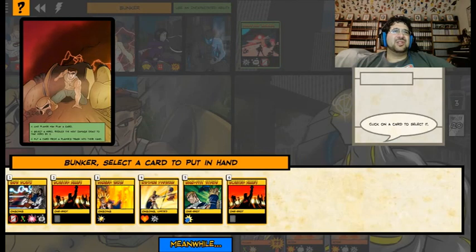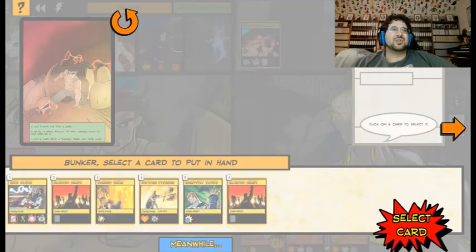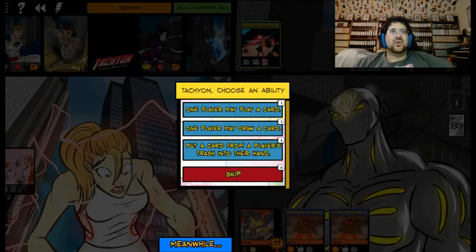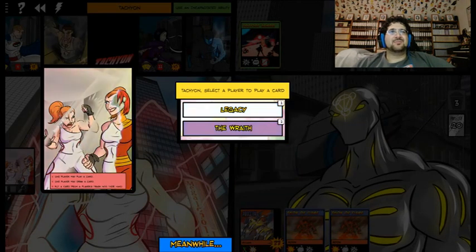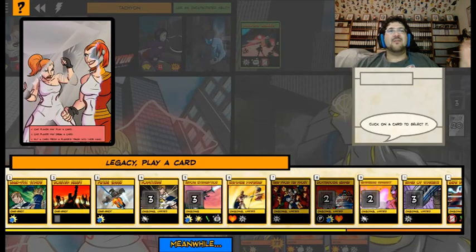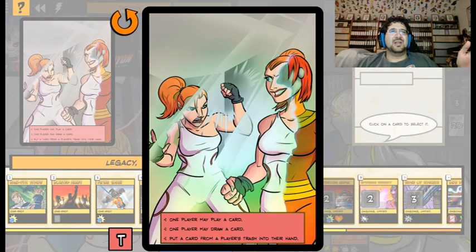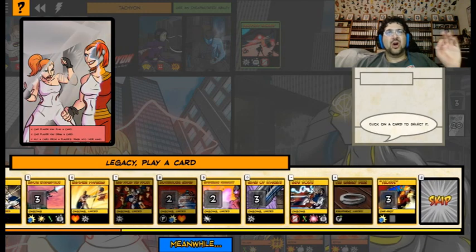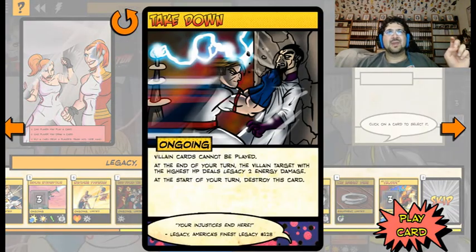Card from player's trash into their hand. It is, of course, going to be takedown. Tachyon is then going to have him play it. And again, if it's Tachyon you have up with him, the Wraith is going to be the one playing takedown from Legacy. If Bunker is the one you have up, Tachyon will be using her third ability instead, which is put a card from the trash into the hand, and then the Wraith will be playing it. So no matter what, you're always going to get this. Play